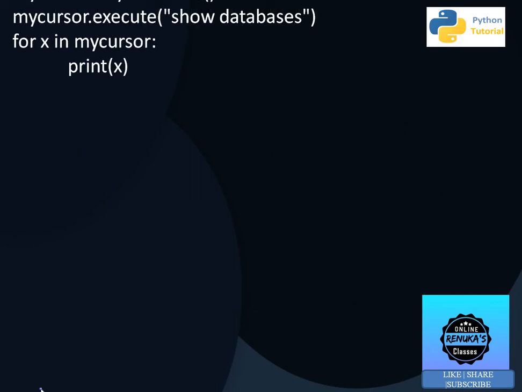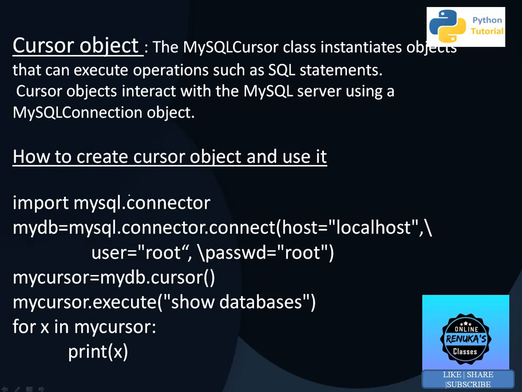Now next is how to create a cursor object. First, what is a cursor object? A database cursor is a useful control structure of database connectivity. Normally when we connect to a database from within a script or a program, the query gets sent to the server where it gets executed and the result set is sent over to the connection. But all these activities are done in one burst or one go.